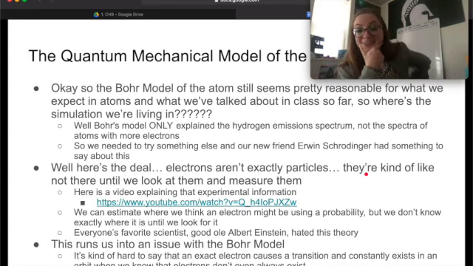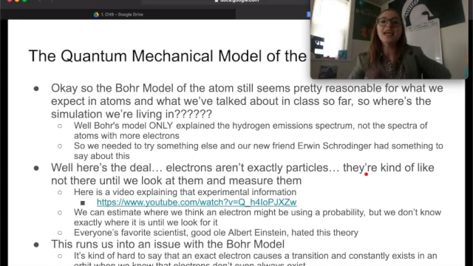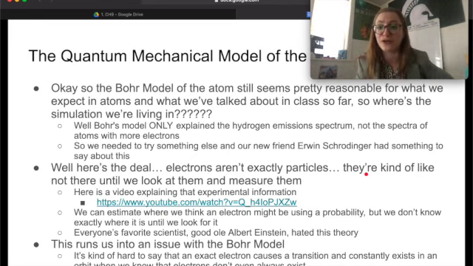Everyone's favorite scientist, he's a good one, but I'm more of a quantum mechanical model kind of gal myself. Albert Einstein hated this theory. He thought it was absolute garbage. He did not agree with anything they had to say. He thought he was worse off in his life for having heard the quantum mechanical model. However,